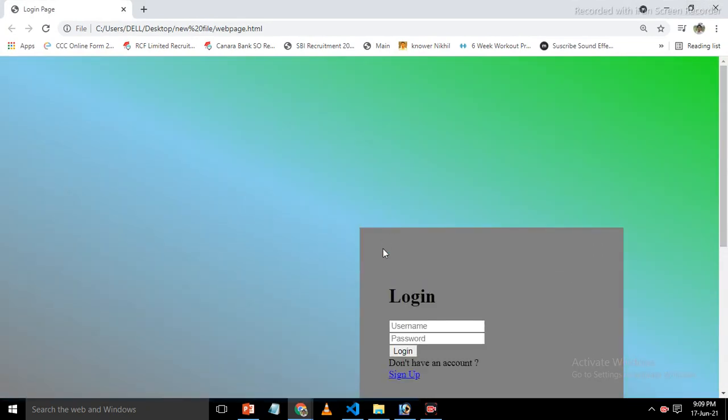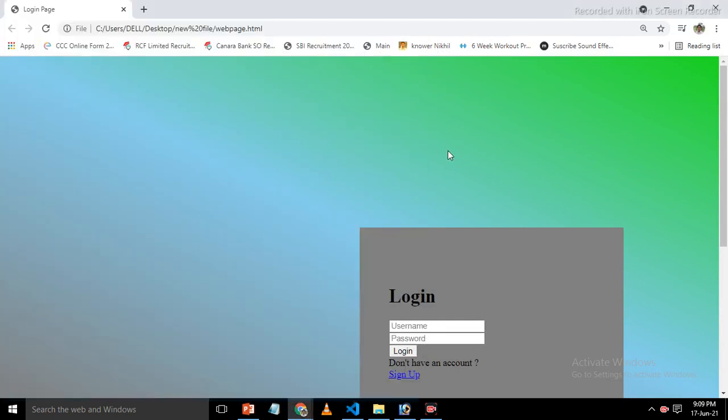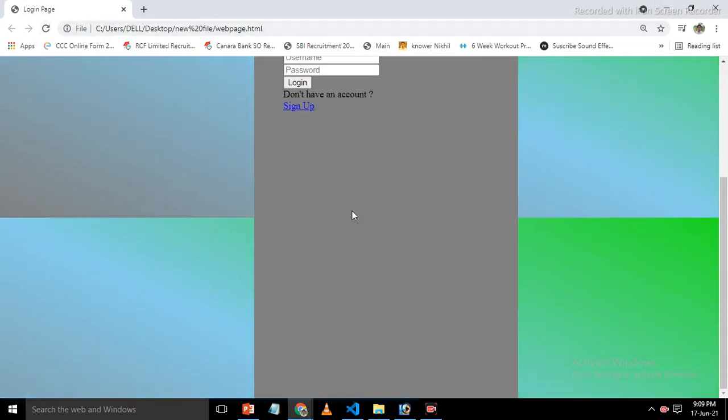So now we have to put this form in the center. For that, what we have to do, we put a code, transform, translate, and these percentages we have to give in minus, control S, and now we see. So this is in the center.